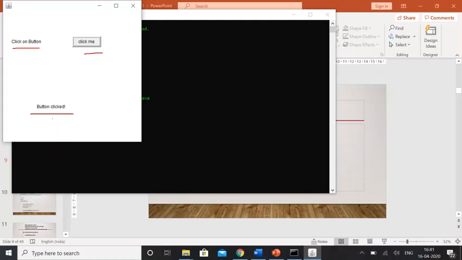Okay, so the label is created. Now another label, this one. How to create this label? Initially, as you have seen in the previous slide, there was nothing over here. But the moment I clicked on the button, it displayed the message "button clicked", right? So on clicking only, the answer is getting displayed. Initially it is an empty label. So another label, say answer or result. Label answer is equal to new Label, just open bracket and close bracket. Nothing to be written inside that, right?